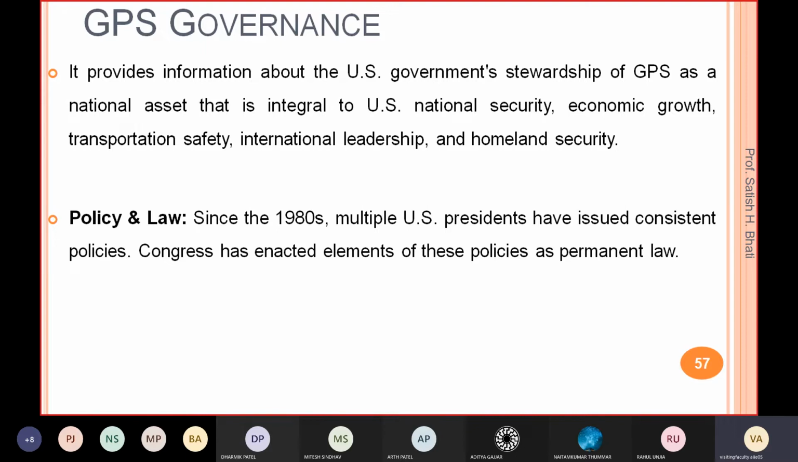So it provides the information about the US government's stewardship of the GPS as a national asset that is integral to US national security, economic growth, transportation safety, international leadership, and homeland security, right? So in this GPS governance, we can include policy and law, then the organizations which are involved, right? Then how the program